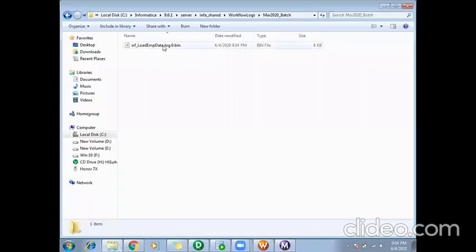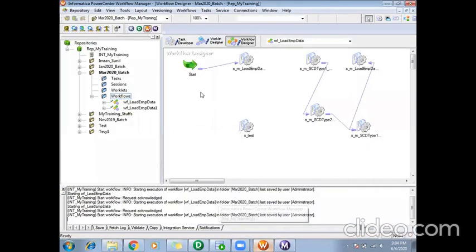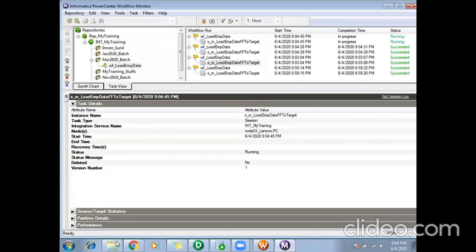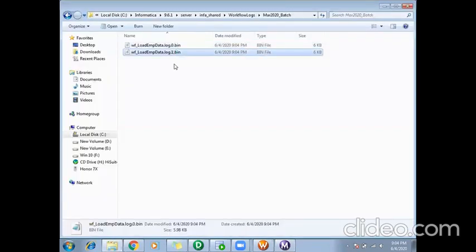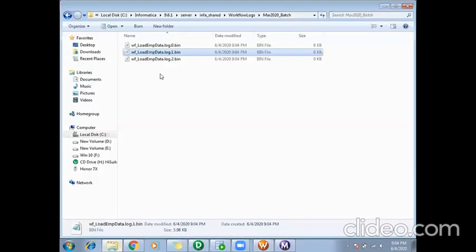So it succeeded for the first time. The log file name says the workflow name dot log dot zero dot bin. It has given the value as 0. Next time when I run the workflow, it will generate a new log file with the value 1. Then again if I run it, it will create the third log file with value 2.